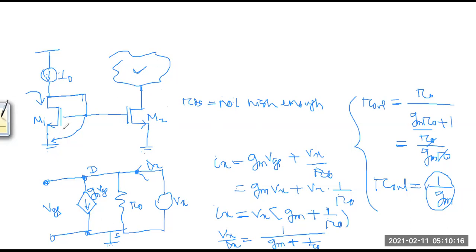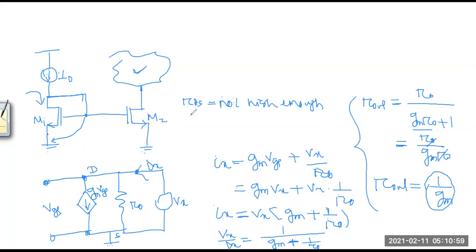This value is kilo ohm but less. So the current mirror property is that the input impedance should be very low and the output impedance very high. Why is low impedance required? Because a current source always prefers the low impedance path. High output impedance is required because almost all the current should flow through this current source. If the resistance is small, some extra current will flow through that resistance. That's why small input and large output impedance is required.